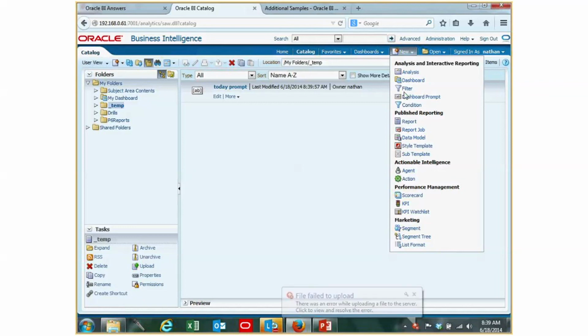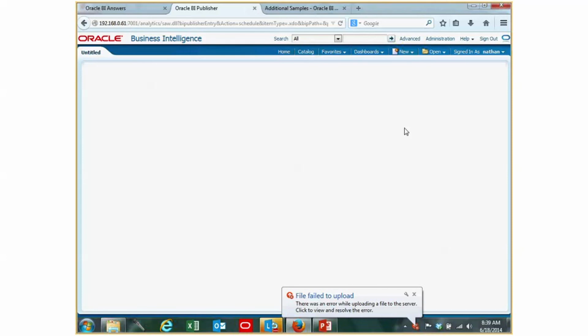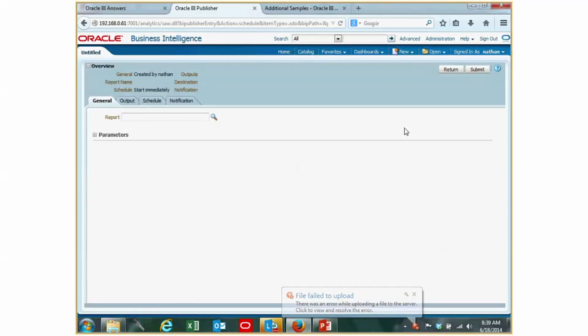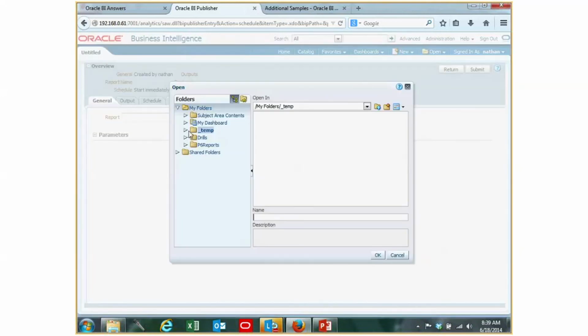One of the ones I want to show you real quick too also is a report job. So if you have a report that you really like that's very helpful to you and you don't want to go log in here every time or you want it to go to certain people, you can set up report jobs that will actually do that for you. So you find the report that you're interested in,